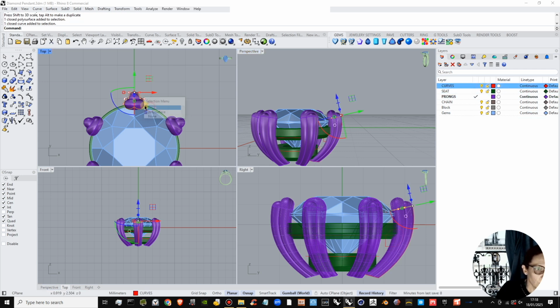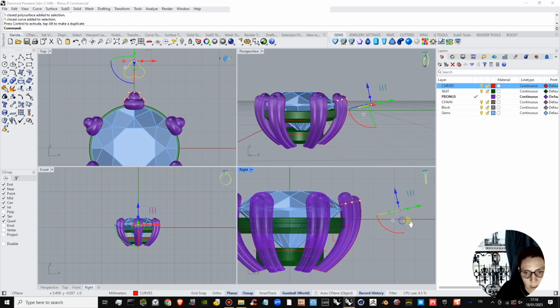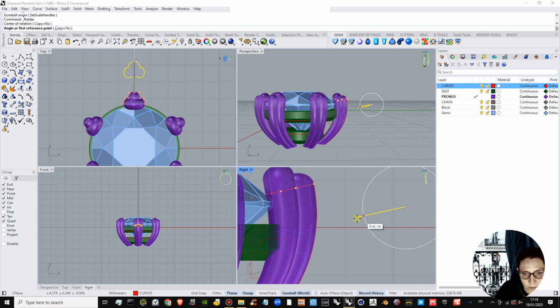I like to follow the theme of the prongs. So what I'm going to do is copy that curve with Alt Shift and relocate the gumball in the middle, and I'm going to rotate this curve